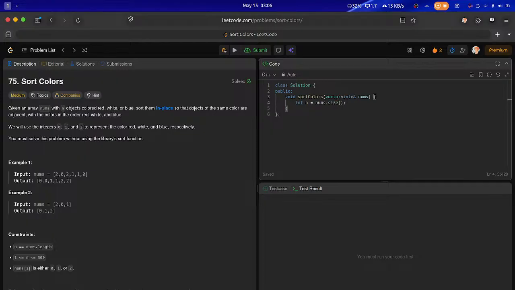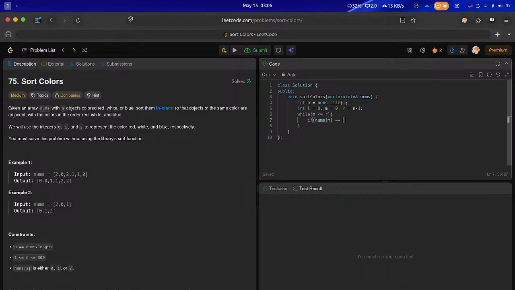We are storing the size of nums here, and then we will take our 3 pointers. L equals to 0, M equals to 0, R equals to n minus 1. Okay, while M is less than equals to R, we will check if nums at M